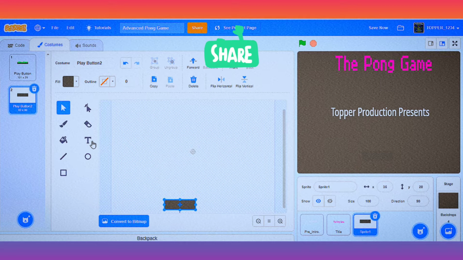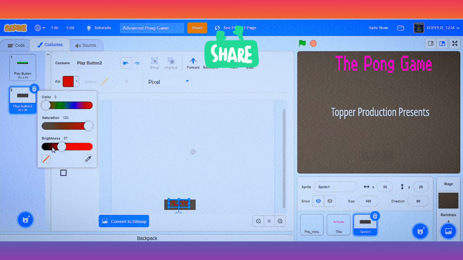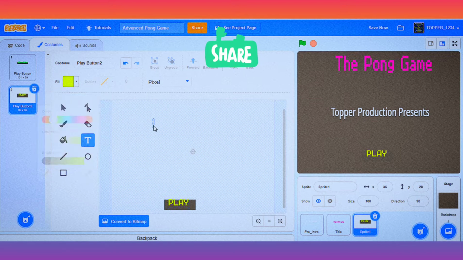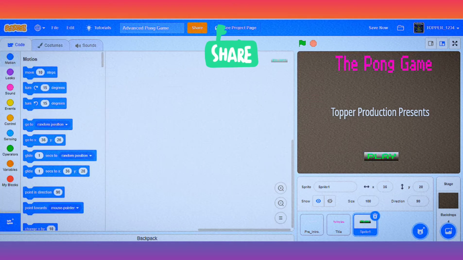Now I'll switch to text mode and write play here with yellow color. Yes, that's great. Yes, now it's looking nice. Now first of all we'll code this much and then we'll select the paddle and ball.